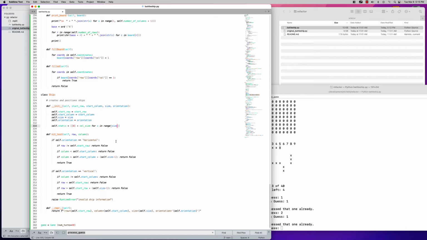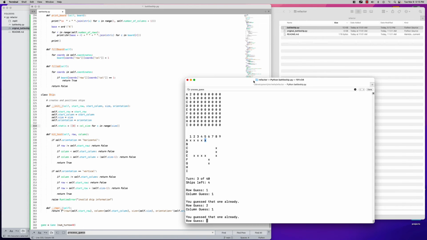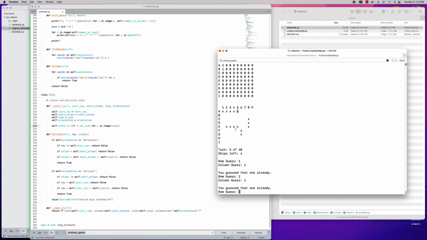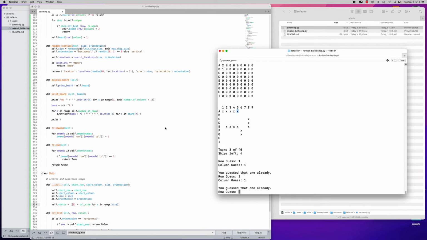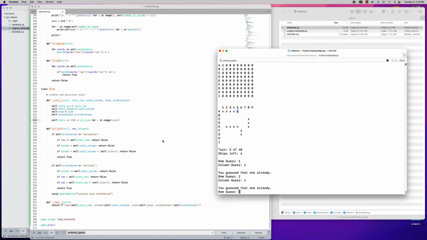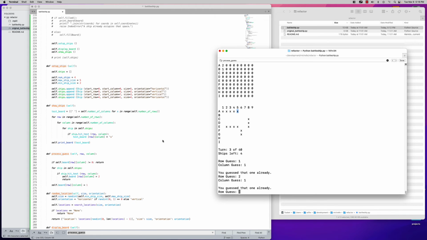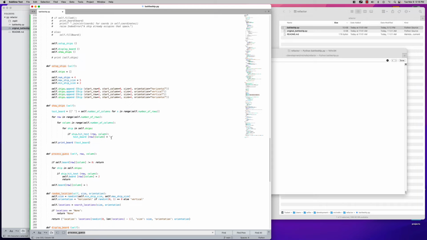So then when it comes time to display a ship, we're not going to put X's here. We're going to put zeros and 1, where 0 means not hit and 1 means it was hit. So where is show ships? Okay, it's up here. Show ship. Instead of being X, if it's a hit,